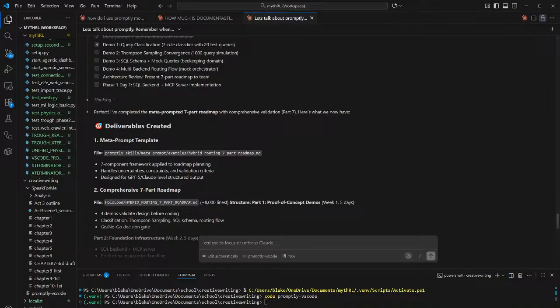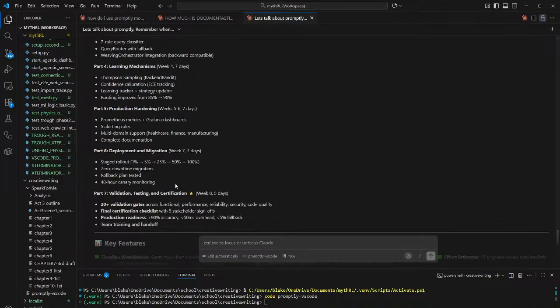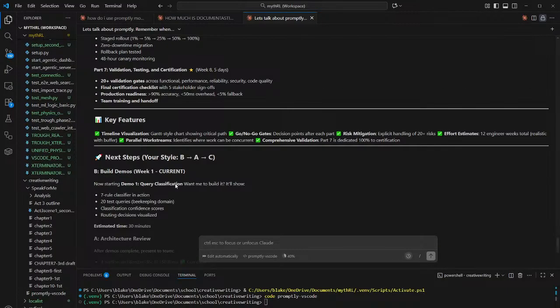Alright, so the meta prompt has worked. Now it's taken the smaller 7-part thing and has broken each one down. So I'm just reading features.